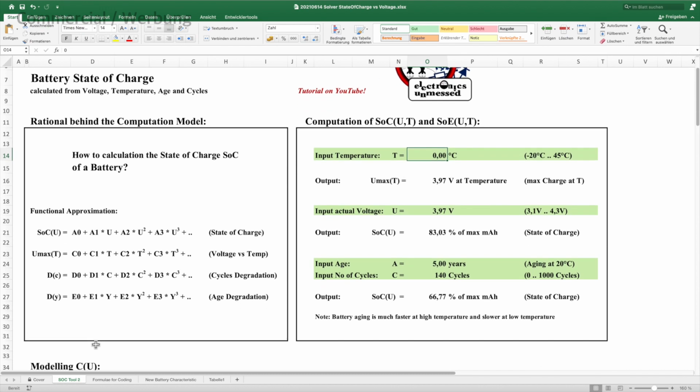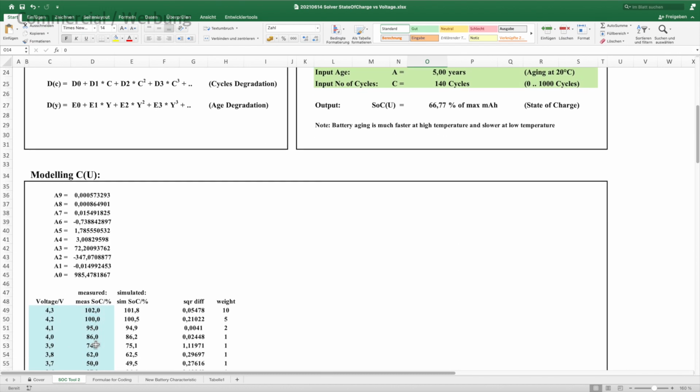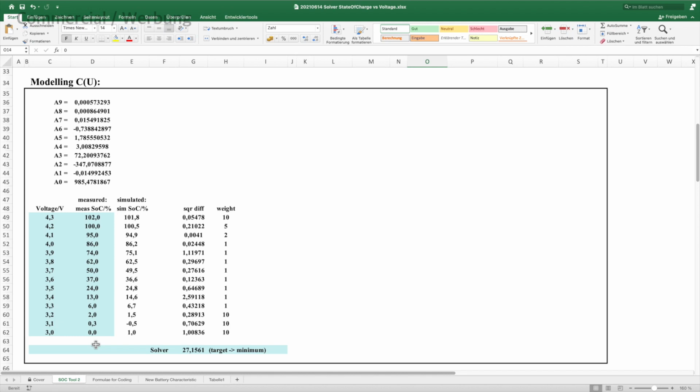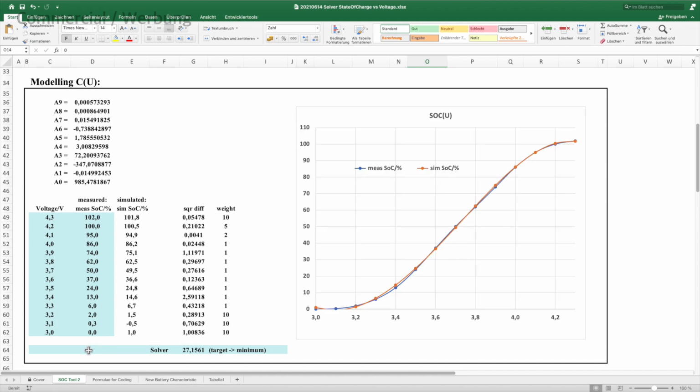Let's assume that we have got battery characteristics from measurements which are different from what we had before. First, we want to see a digit more here for the voltage figures.